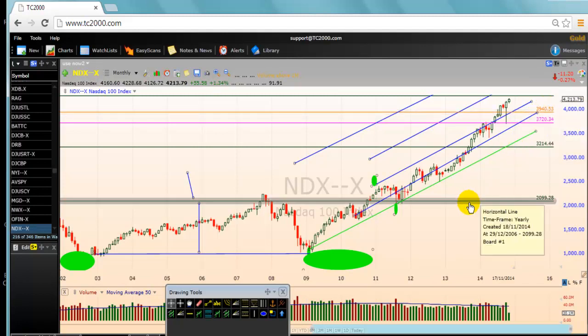Professionals make their decisions, hedge funds, banks, big institutions, pension funds, around key levels where there is value. We want to do exactly the same thing. That's why it's so important for us to trade around key levels and also to control the risk. So we want to buy at the lowest risk point.